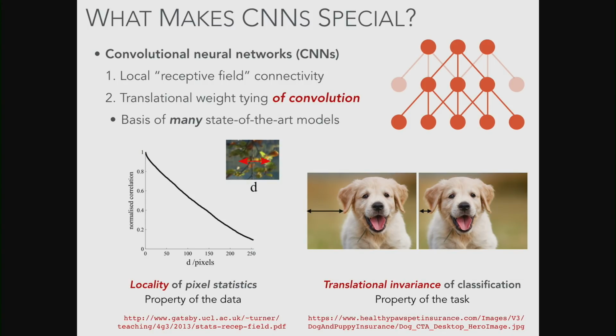And so CNNs have this property of translation invariance, or actually I'm going to refine it a bit later to something called translation equivariance, built directly into them. But for classification, what we want is translational invariance. And this is a property of the task that we're trying to do. So convolutional neural networks aren't actually the best model for every task, but they work really well for classification and a couple of other things.